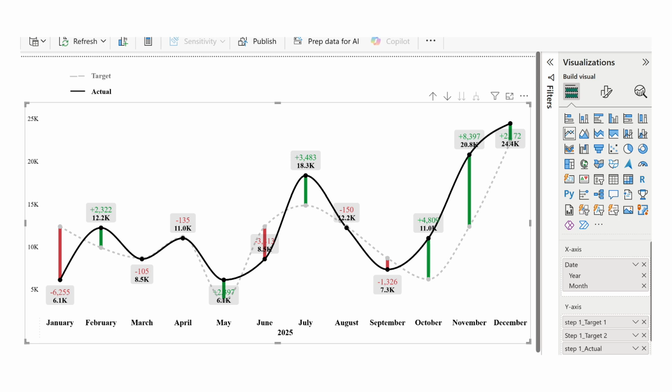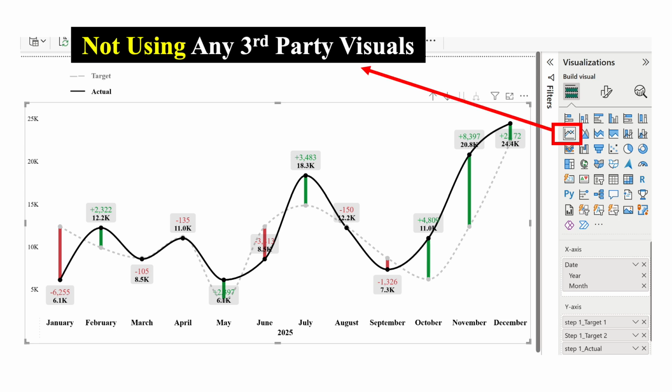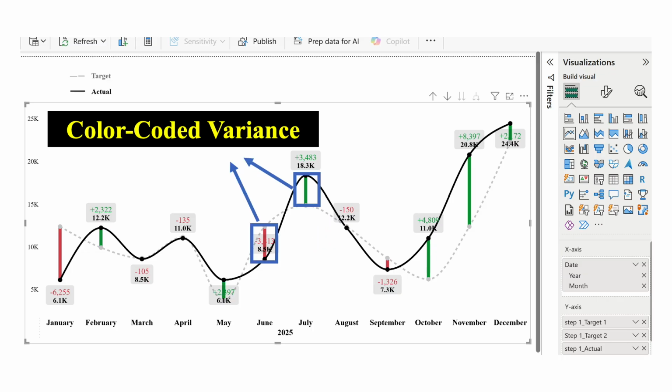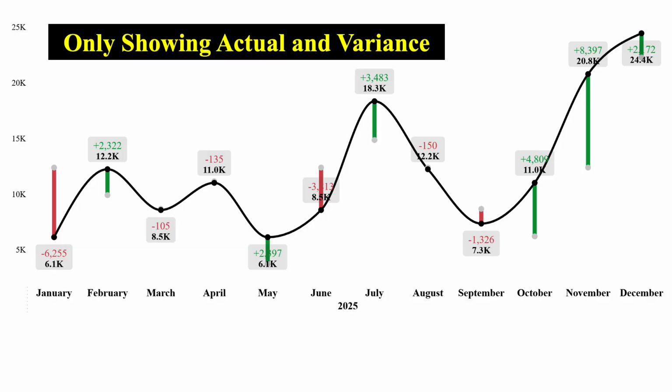Hi, this is Nick. In this video, I'm sharing how to use the regular line chart to compare actual versus target. The solid line represents the actual values, and the dashed line represents the target. And the red or green bars or columns are the variances between the actual and target. Or if you prefer to have a simpler version, the line chart will only show the actual and the variances